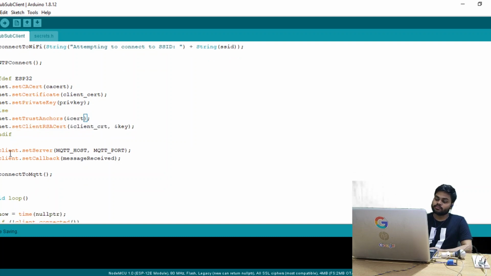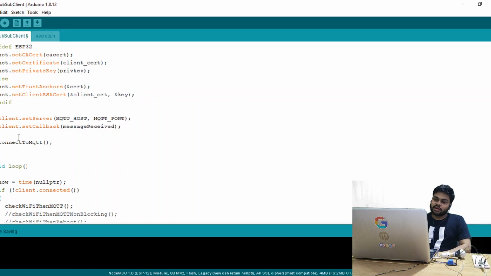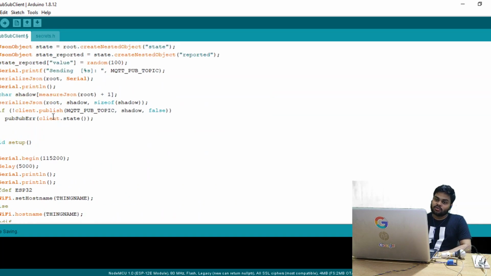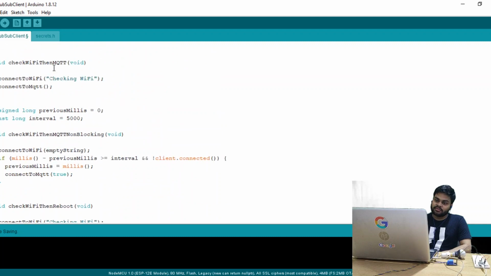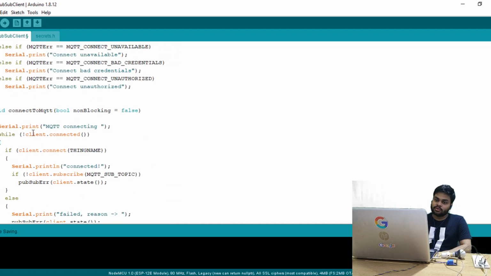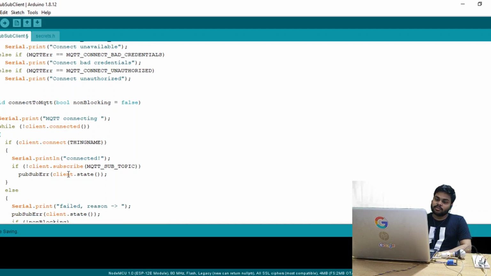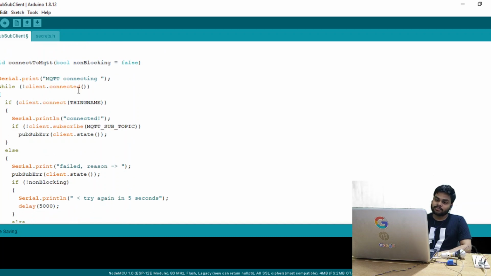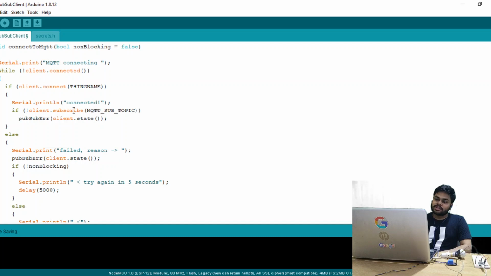Now connectToMQTT, which is defined above. Basically this will connect to the MQTT broker, checking client.connected. As soon as our sketch is connected to the MQTT broker of AWS, we will subscribe to this topic.